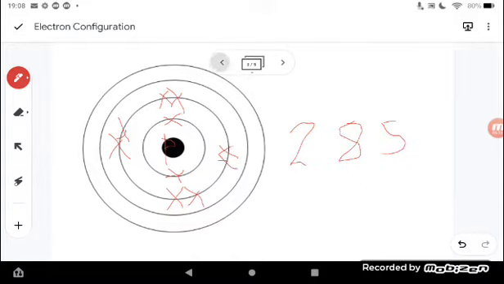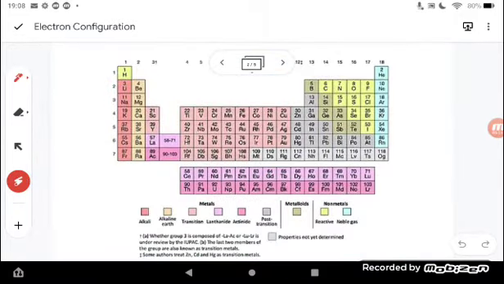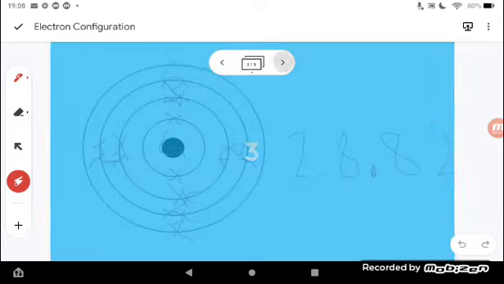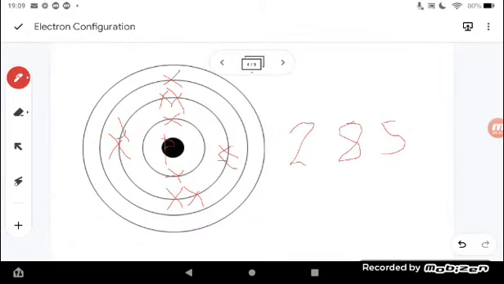Then I go on to the next shell and I go 1, 2, 3, 4, 5, and I get to phosphorus. So therefore, on the first period, second period, third period, and therefore the third shell, I'm going to have 5 electrons. And so on the outside of that, for phosphorus, I'm going to do 1, 2, 3, 4,